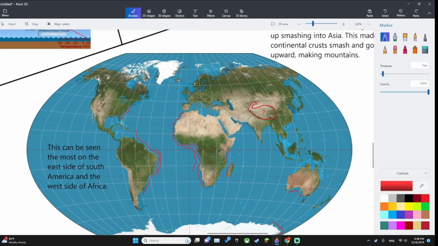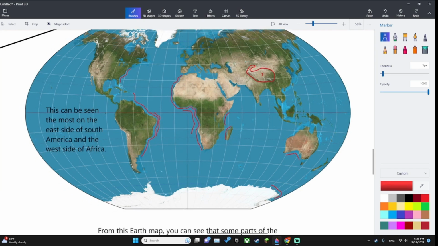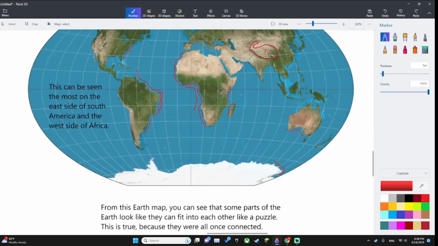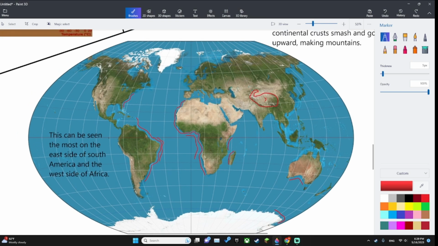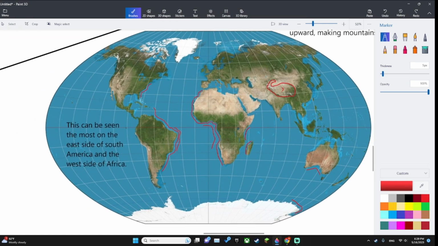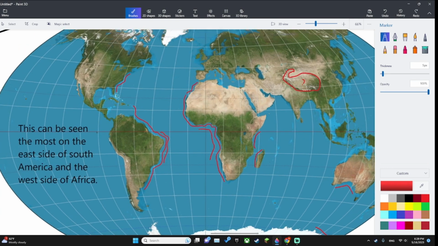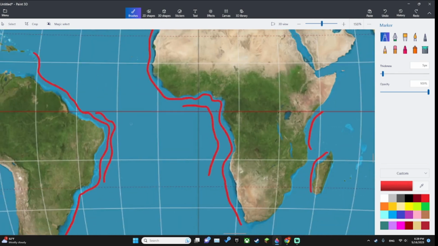So, this is an Earth map. From this Earth map, you can see that some of the parts of the Earth look like they can fit into each other, like a puzzle. And guess what? This is true. Your eyes do not deceive you. The Earth is basically one big puzzle. As you can see here,